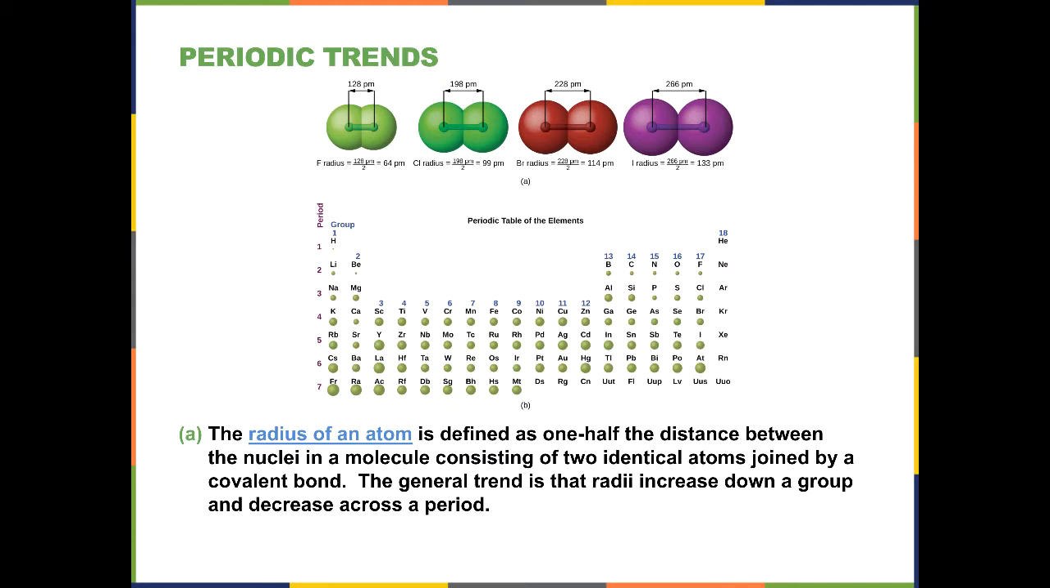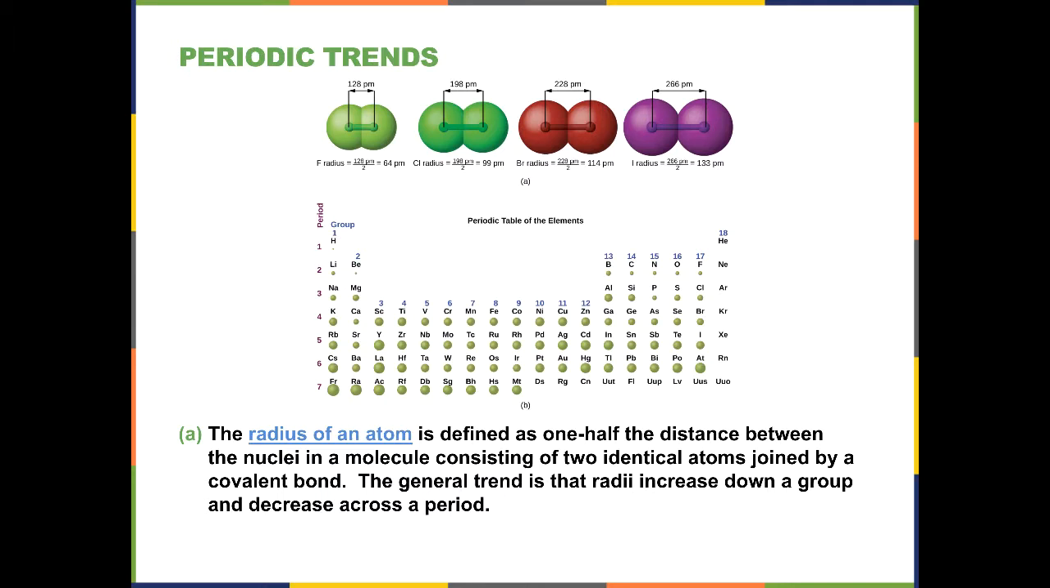We're going to finish up this week's lecture talking about something called periodic trends. These are ways of using the periodic table to predict or estimate various differences between elements. And the first trend we want to look at is something known as the atomic radius, or the radius of